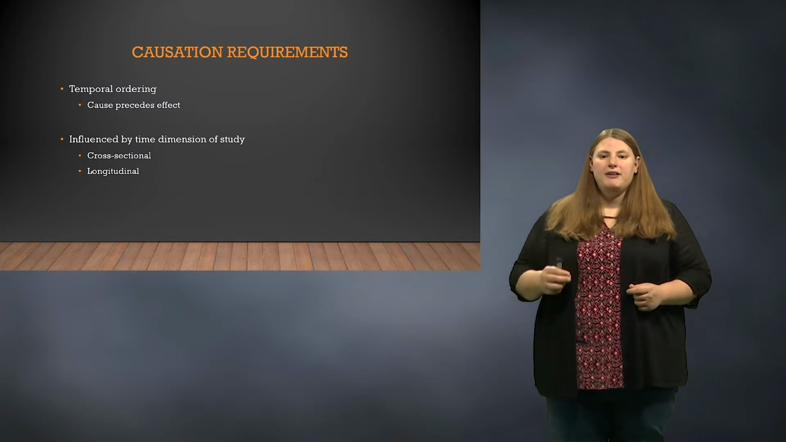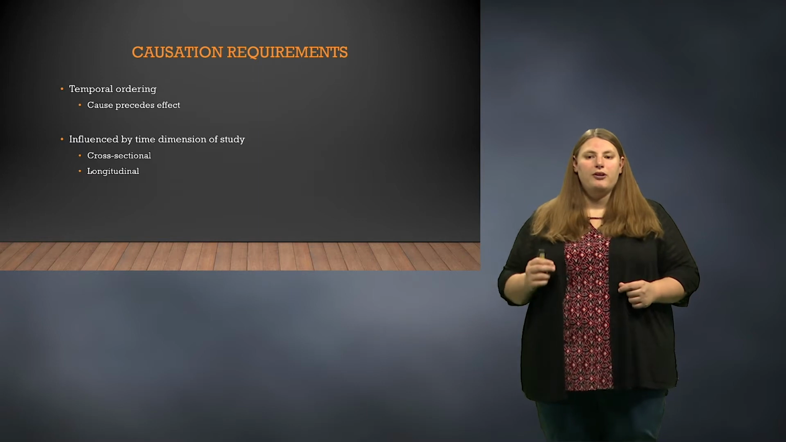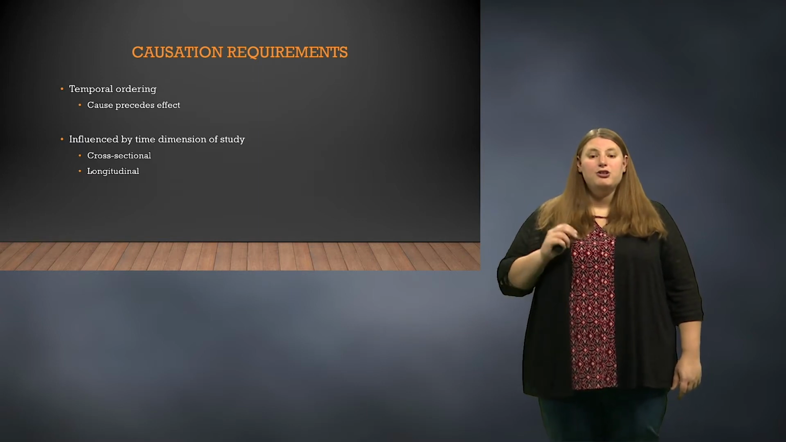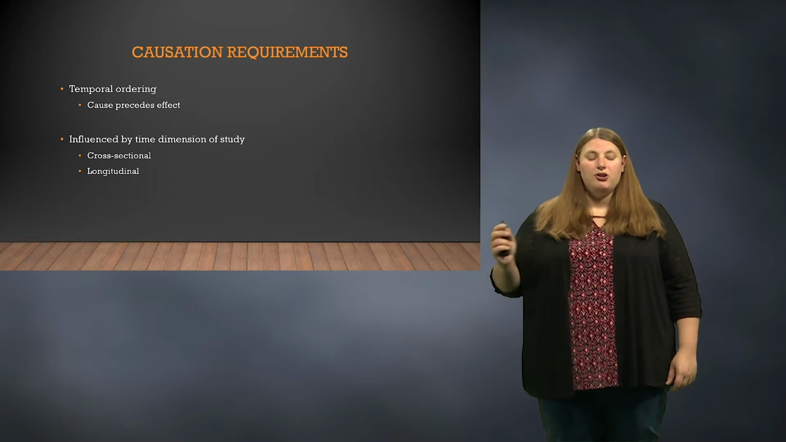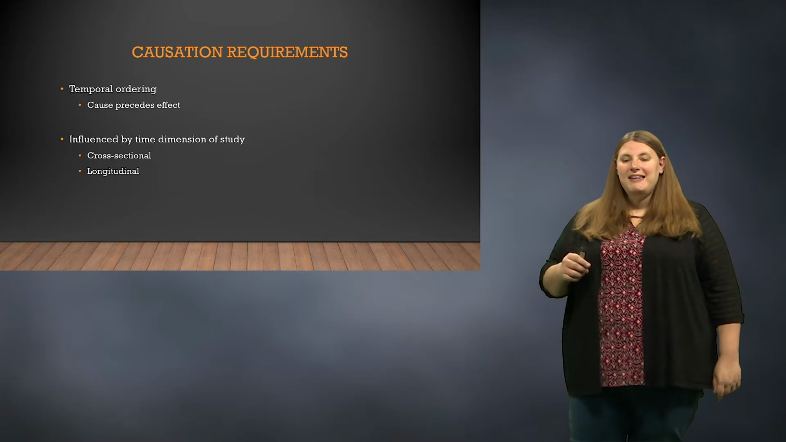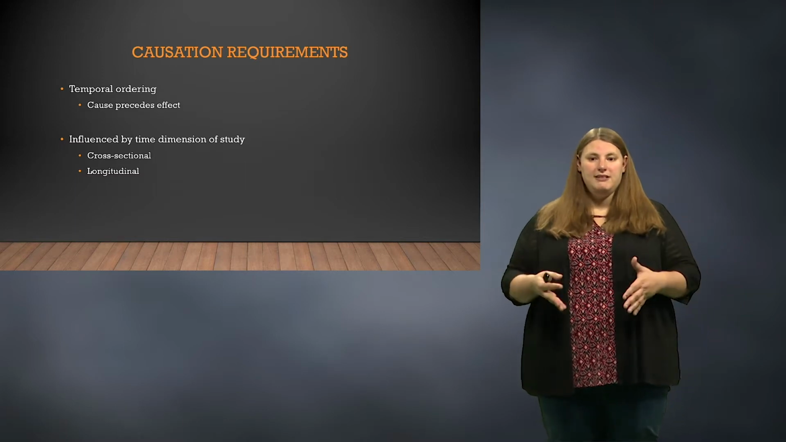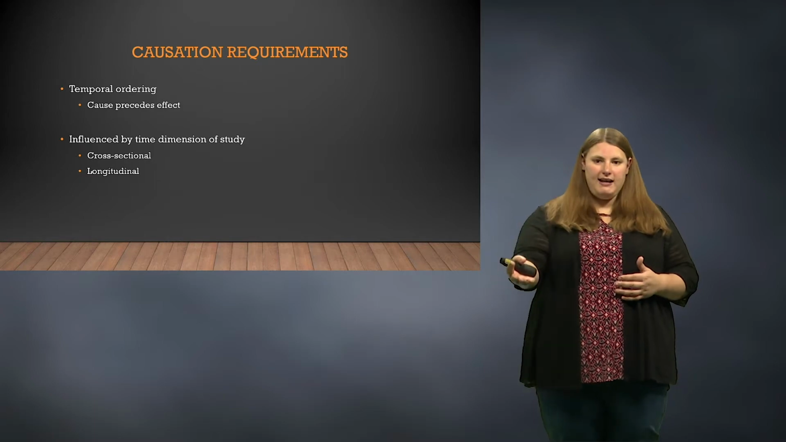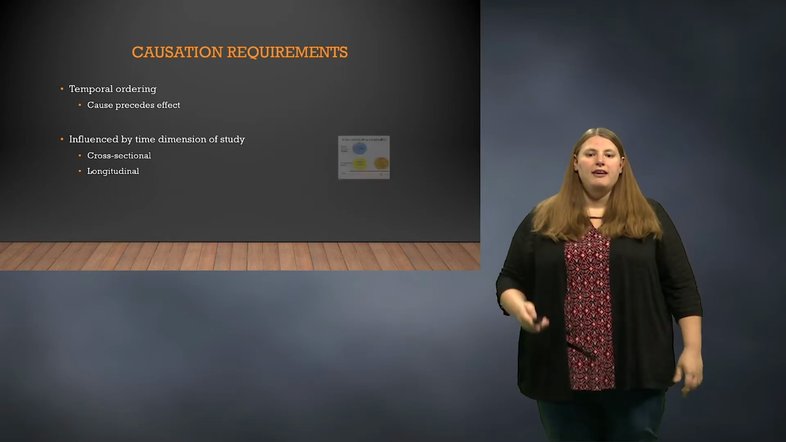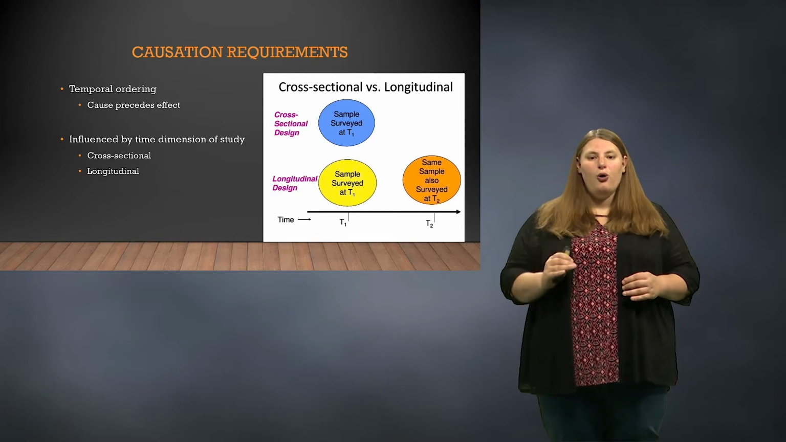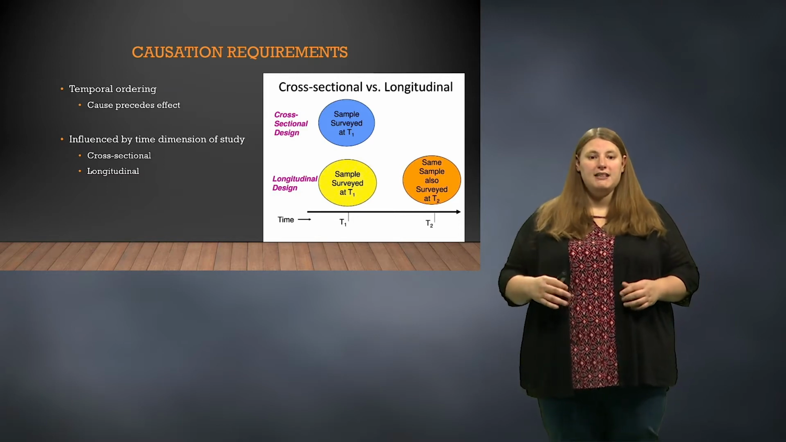The ability of a research study to prove temporal order exists is highly dependent on the time dimension of the study. There are two main time dimensions: cross-sectional and longitudinal. A cross-sectional design means that data is only collected from the research subject at one point in time. You take a survey, you hand it in, and you're done. On the image here, you can see this cross-sectional design indicated as occurring only at T1, which stands for time